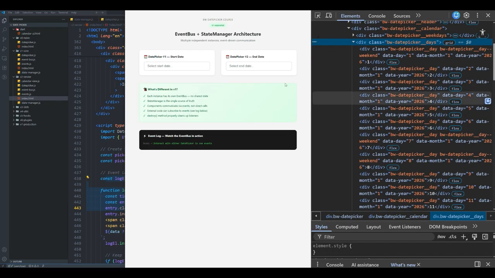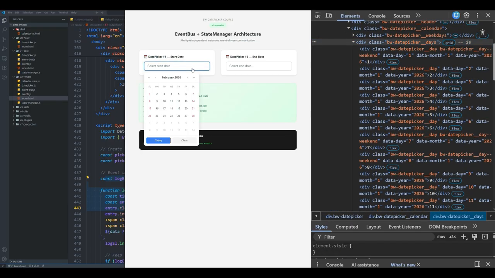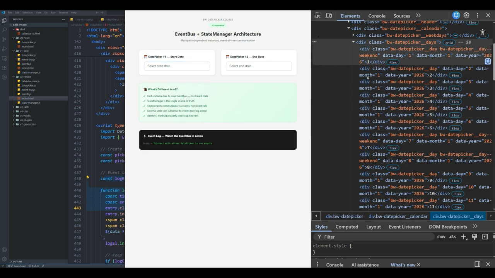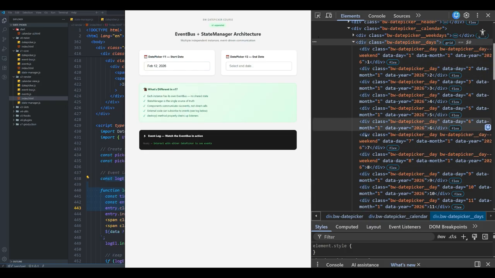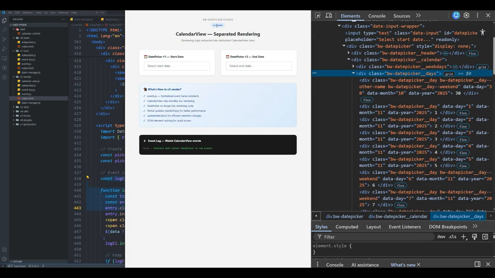Now if I open it and if I select any date, you will see all the dates will be rendered. When they render, they will blink. So just keep notice here. Click, you see all the divs were re-rendered. Let me do it again. See, all the values were re-rendered. Now if I go to our current version, which is render v2,